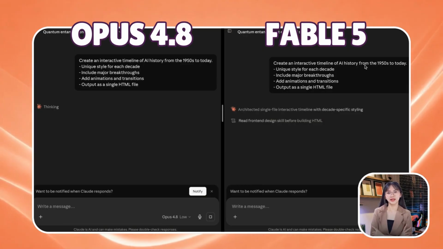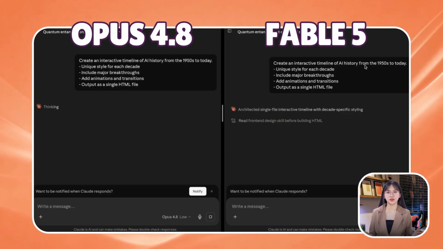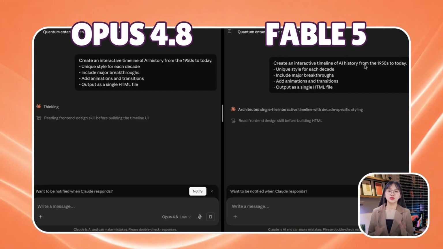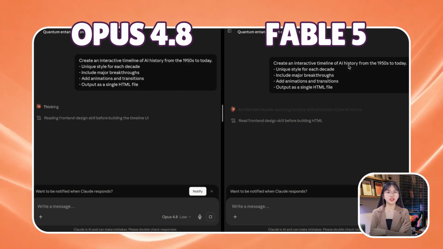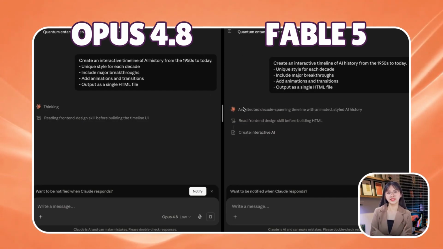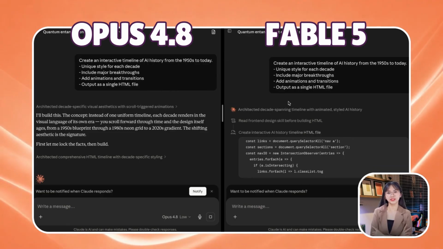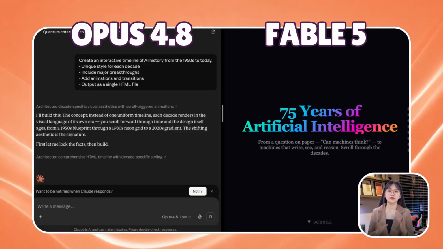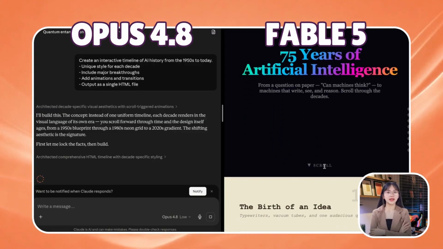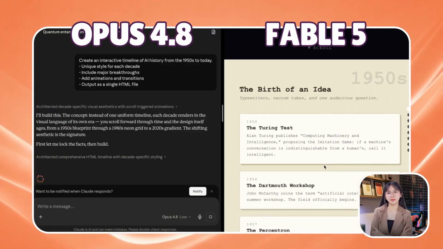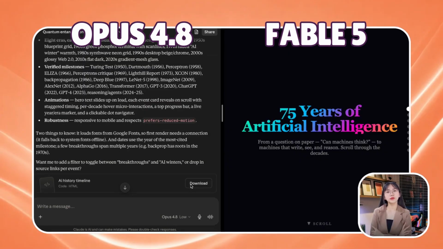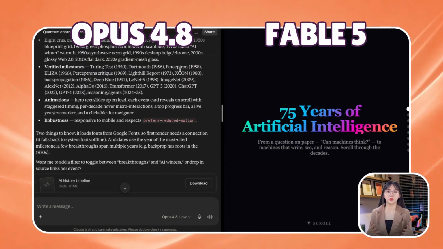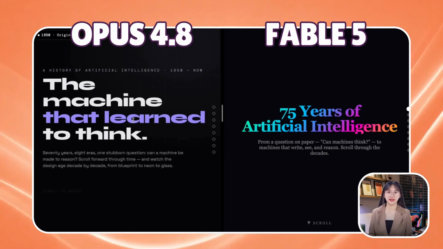For the second test, I asked both models to make an interactive timeline showing AI history with styled decades and animations. Same prompt for both, side by side. The first thing you'll notice is Fable 5 over on the right. It is incredibly fast. It whips up the full timeline with all the decades, clickable sections, and working animations in practically no time. Opus 4.8 on the left takes a few moments longer, but when it finishes, the timeline looks